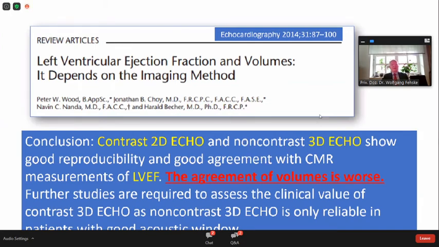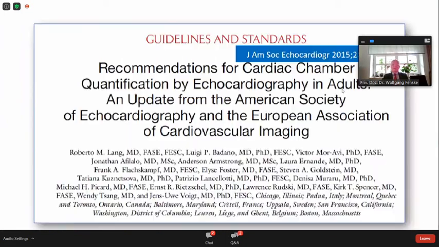This is a very early paper of Harald Becher and his group, at that time already in Canada, and they told us that 2D echo is good and 3D echo is good with acceptable image quality for calculation of ejection fraction, but it is not at all good for volumes. This was true before the famous recommendations for cardiac chamber quantification came out by Roberto Lang, and this is the best